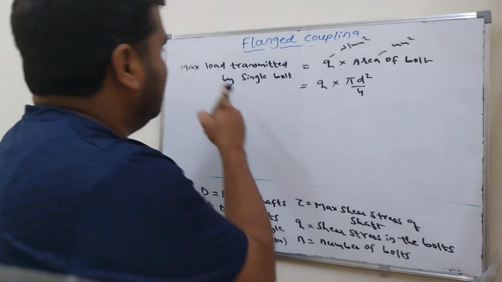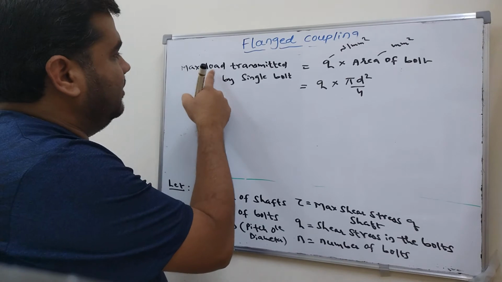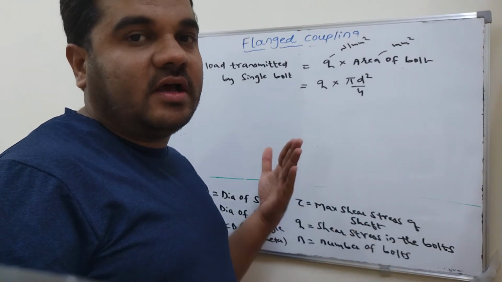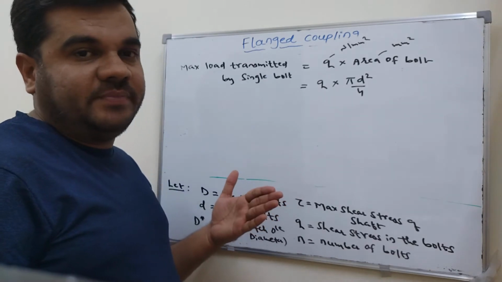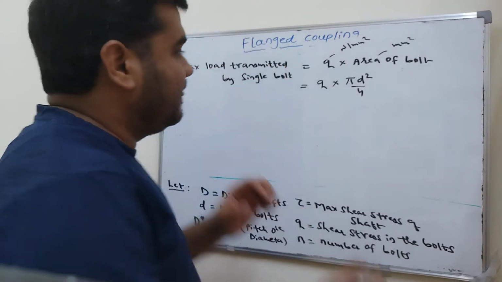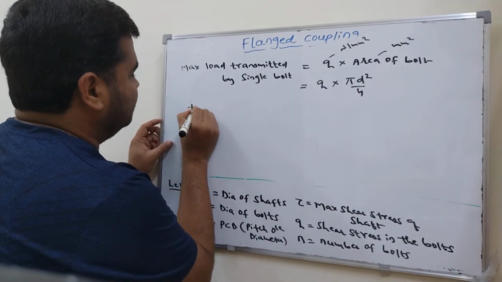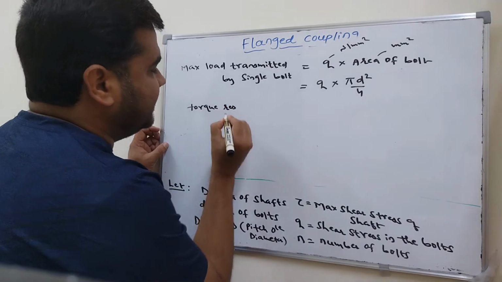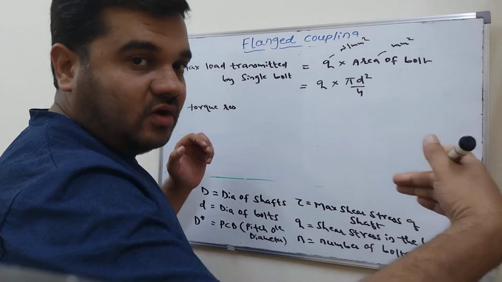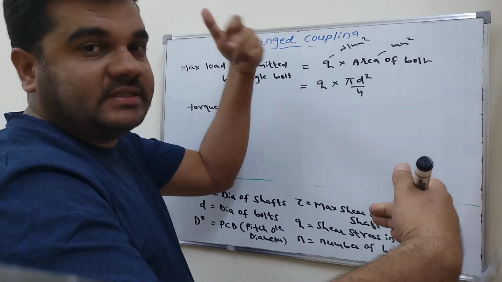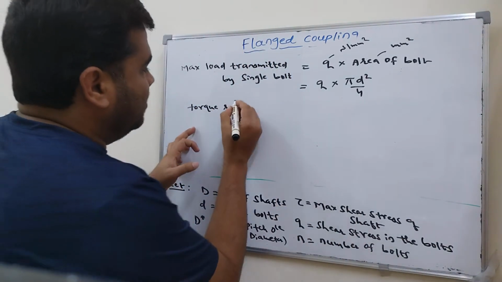Okay. Next, once you find the maximum load, what comes into the picture? Torque, the twisting moment. Twisting moment is related to load into distance, right? Next, the torque resisted. You are transferring the torque from the driver shaft to the bolts, so the bolt should resist the torque, right? So now I am writing torque resisted